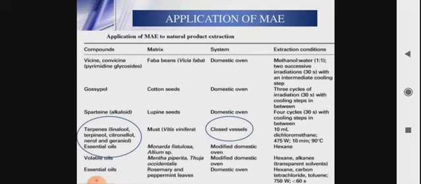So there are different applications of microwave assisted extraction. So see here, vicin and convicin. These are the active constituents obtained from faba beans, means Vicia faba; gossypol, obtained from cotton seed; then spartein, alkaloidal in nature, obtained from lupin seeds; terpenes: terpineol, citronellol, nerol, geraniol,